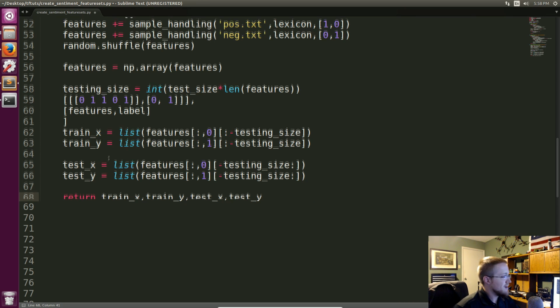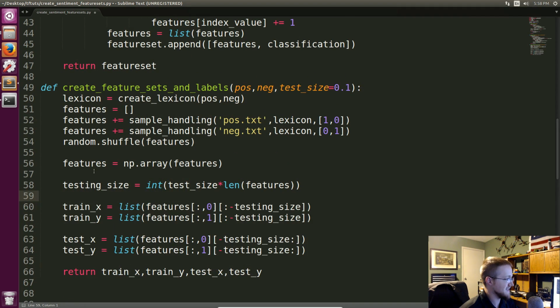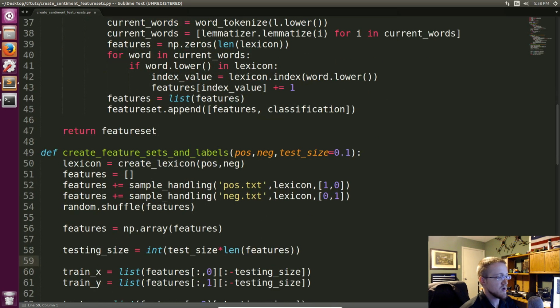Okay, so that's pretty much where everything's going to come together for us. I guess I need to get rid of this before that causes problems. Actually, it might not actually cause problems there. I don't know. Anyway,